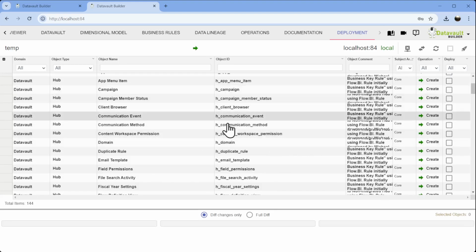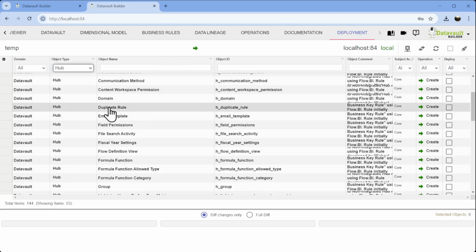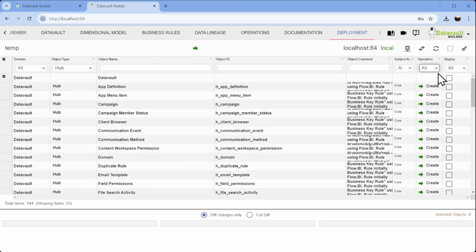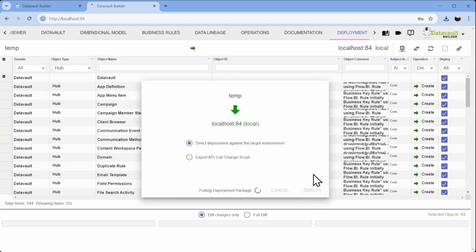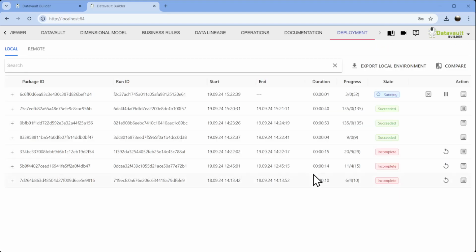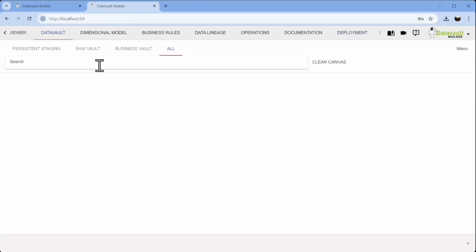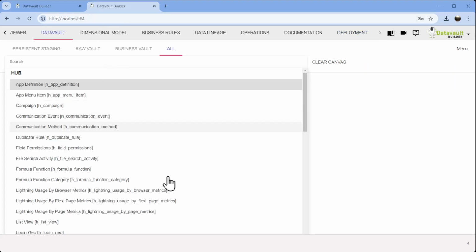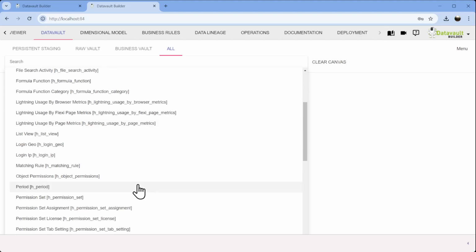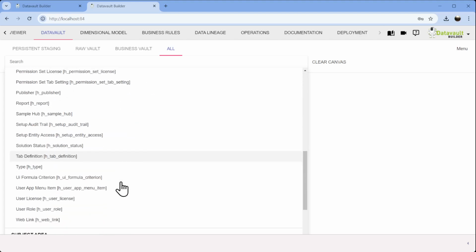of my source. So I have here the different hubs. We could now just select the hubs and say we want to deploy all of them, or at least the ones that should be created, which are all of them. And let's deploy them. And if you go now into the Datavault model, step by step, all these hubs are being created, and one of the central